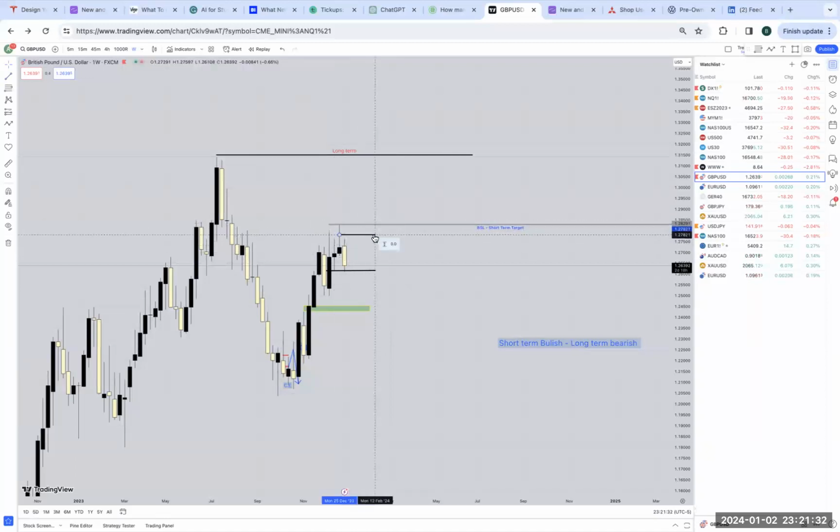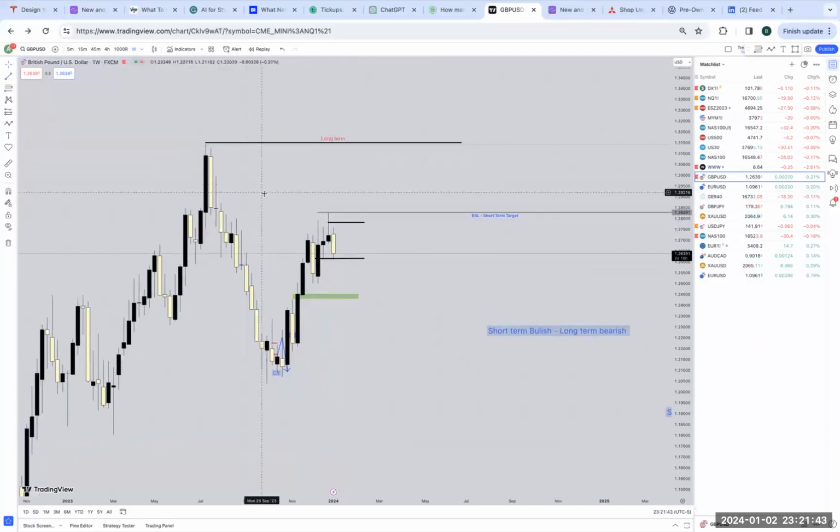But I always measure the wicks and the consequent encroachment just to see if we can get a respect to that level. So again, these are the three levels that I'm calling out on British pound. Ideally, the target is I want to see price hit this high: last week's high, 2 weeks ago's high, the high of December at